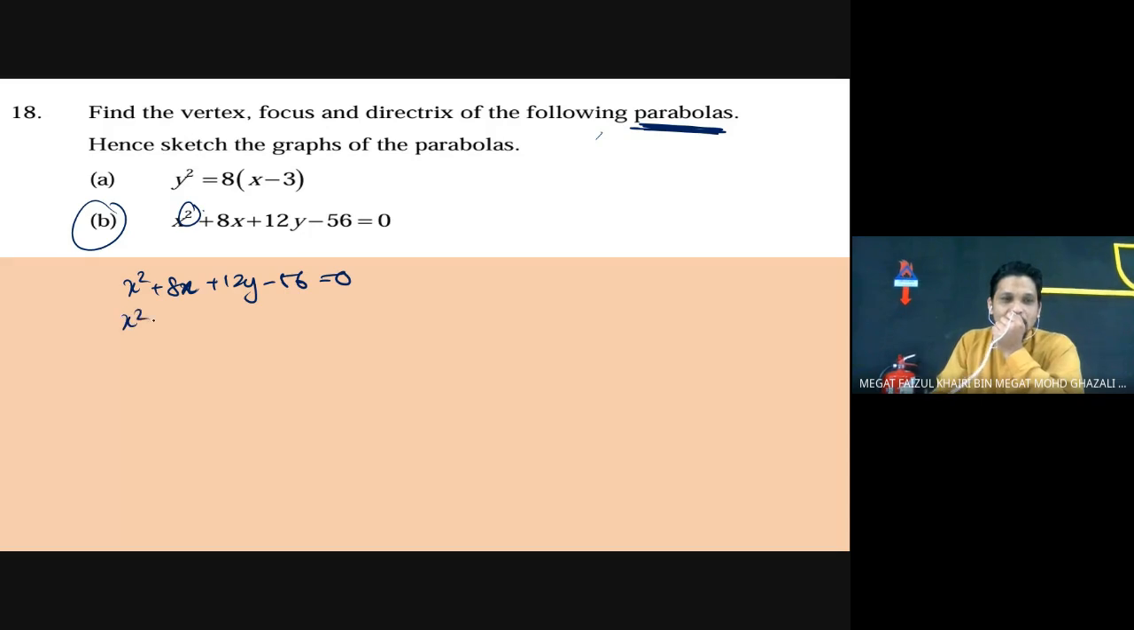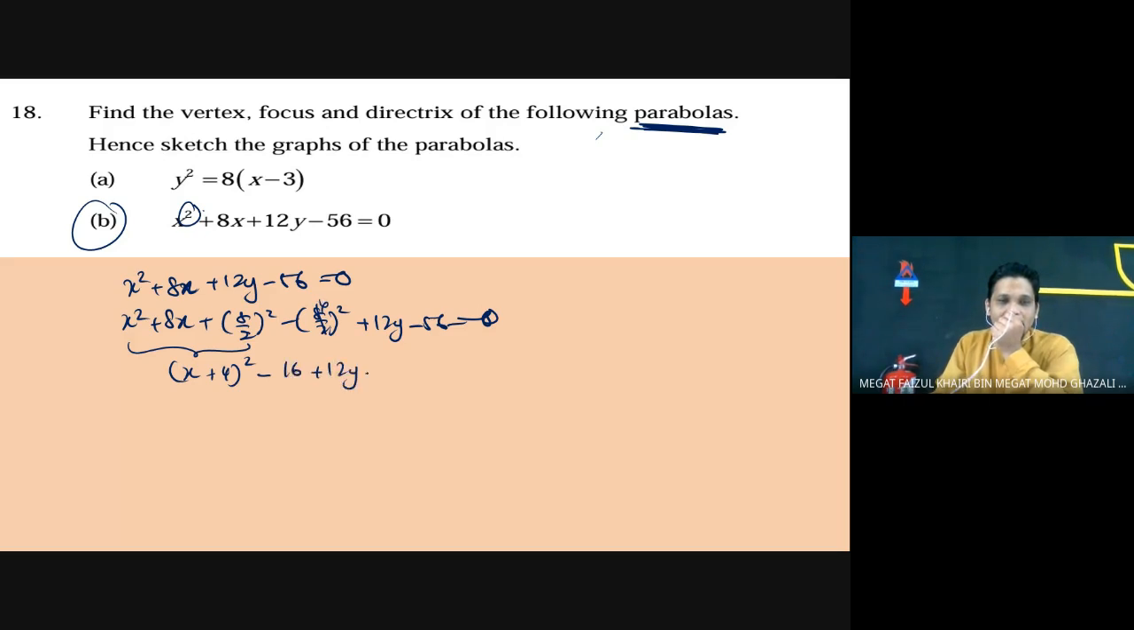So x squared plus 8x plus (8 over 2) squared, minus (8 over 2) squared, plus 12y minus 56 equal to 0. So from these, we come up with (x plus 8 divided by 2) which is 4, squared, and then minus 8 divided by 2 which is 4, squared, equal to 16, plus 12y minus 56 equal to 0. 16 minus 56 equal to